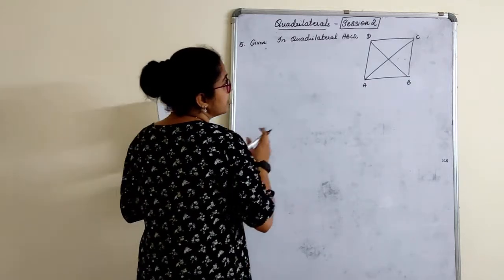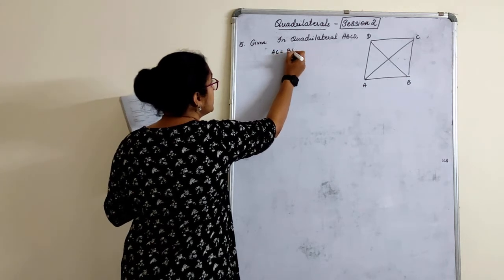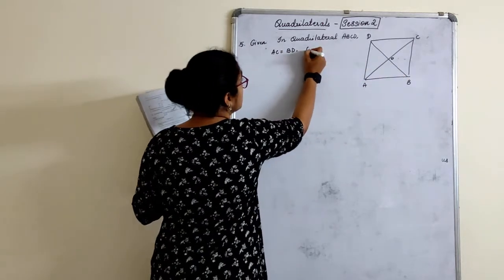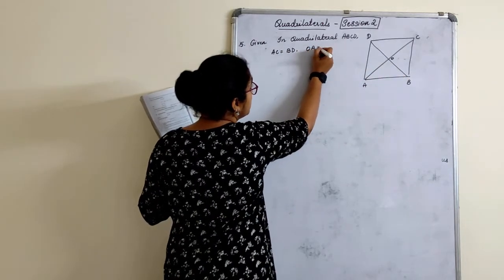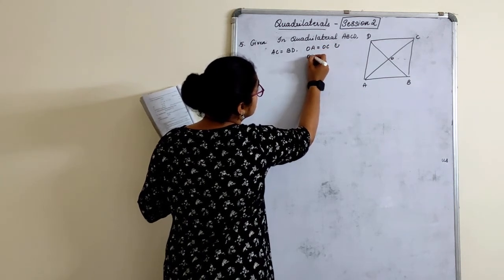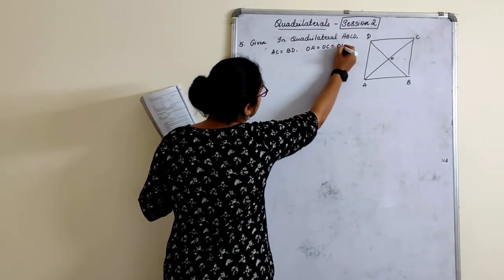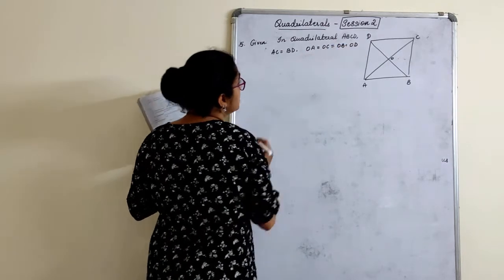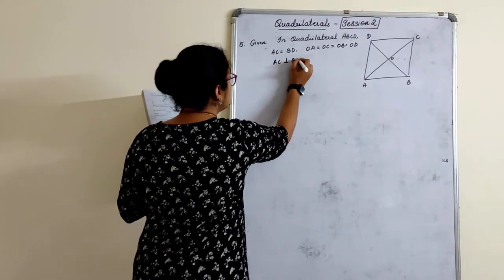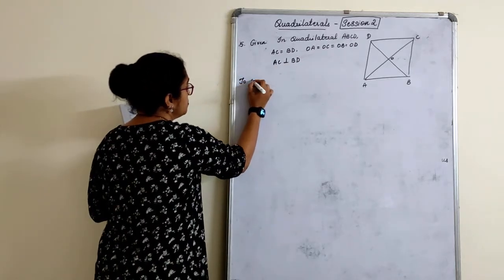ABCD, okay, so AC is equal to BD. Diagonals are equal. They also bisect each other. OA is equal to OC and OB is equal to OD. And they also bisect perpendicularly. AC is perpendicular to BD. This much is given. What we have to prove? To prove